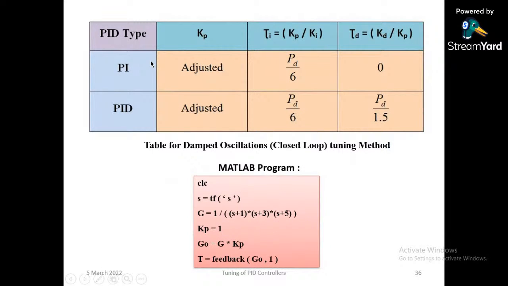Once you calculate the value of PD, then use this table, PI and then PID. So this KP can be adjusted so that you will get 1/4 ratio. Then once you get that, note down the value of PD. Divided by 6, you will get tau i for PI, and divided by 1.5 to get tau d. Okay. Now again,